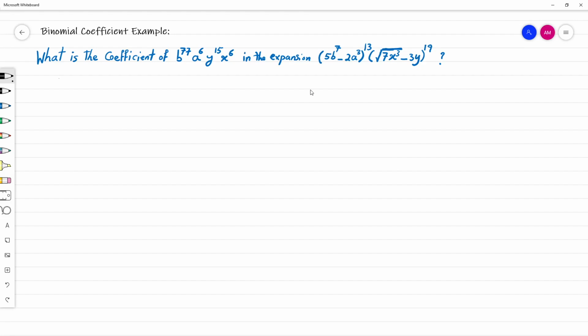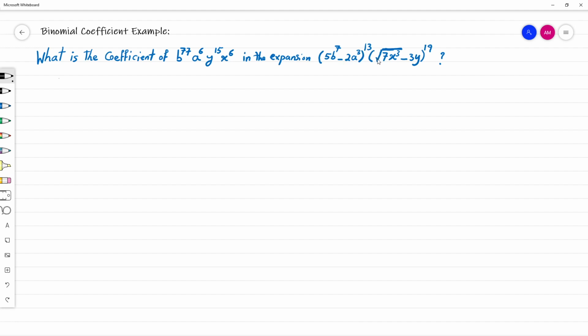In many applications, we need to find out the coefficient of a component coming from a binomial expansion. So here is an example of computing the coefficient of a given similar problem. So we have the product of two binomial expansions, 5b to the 7 minus 2a cubed to the power 13,